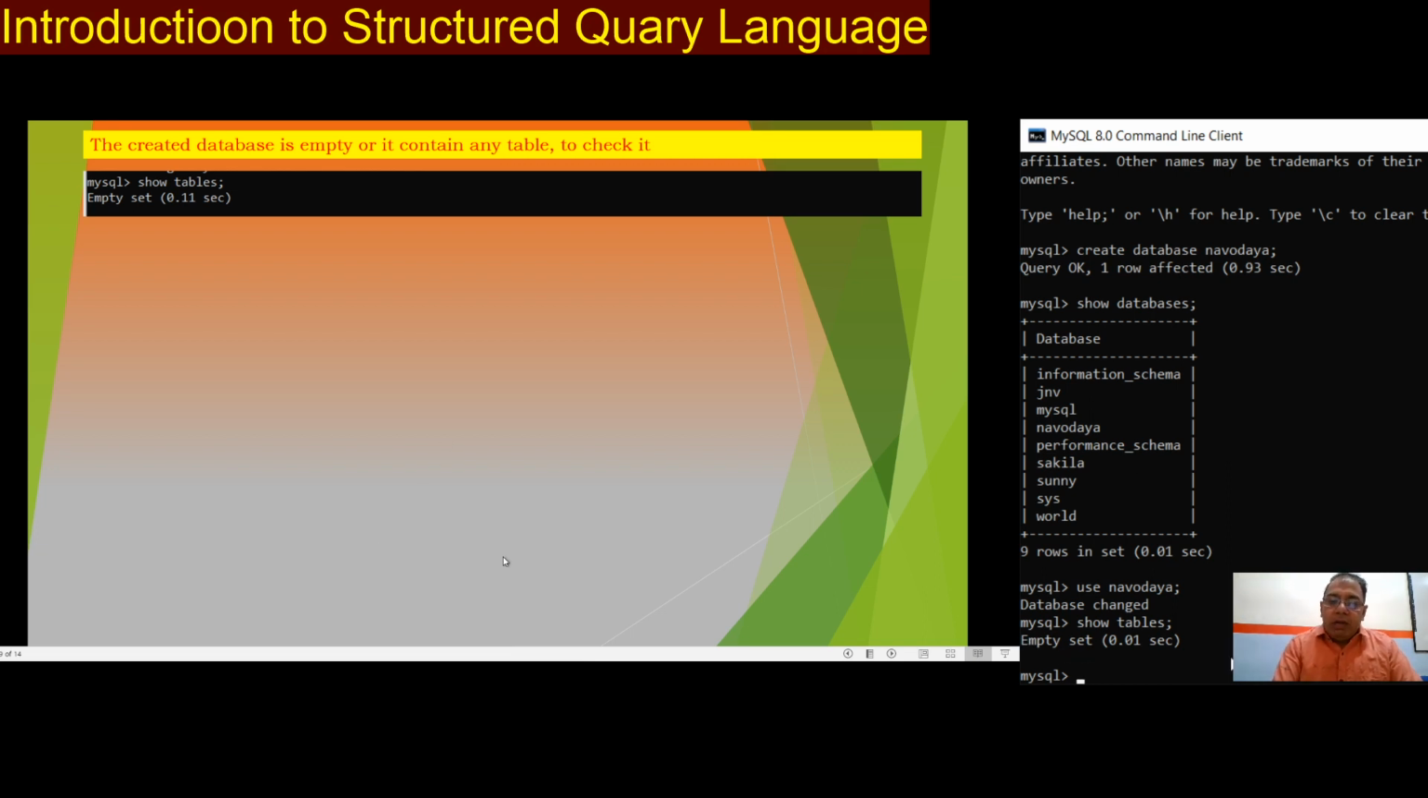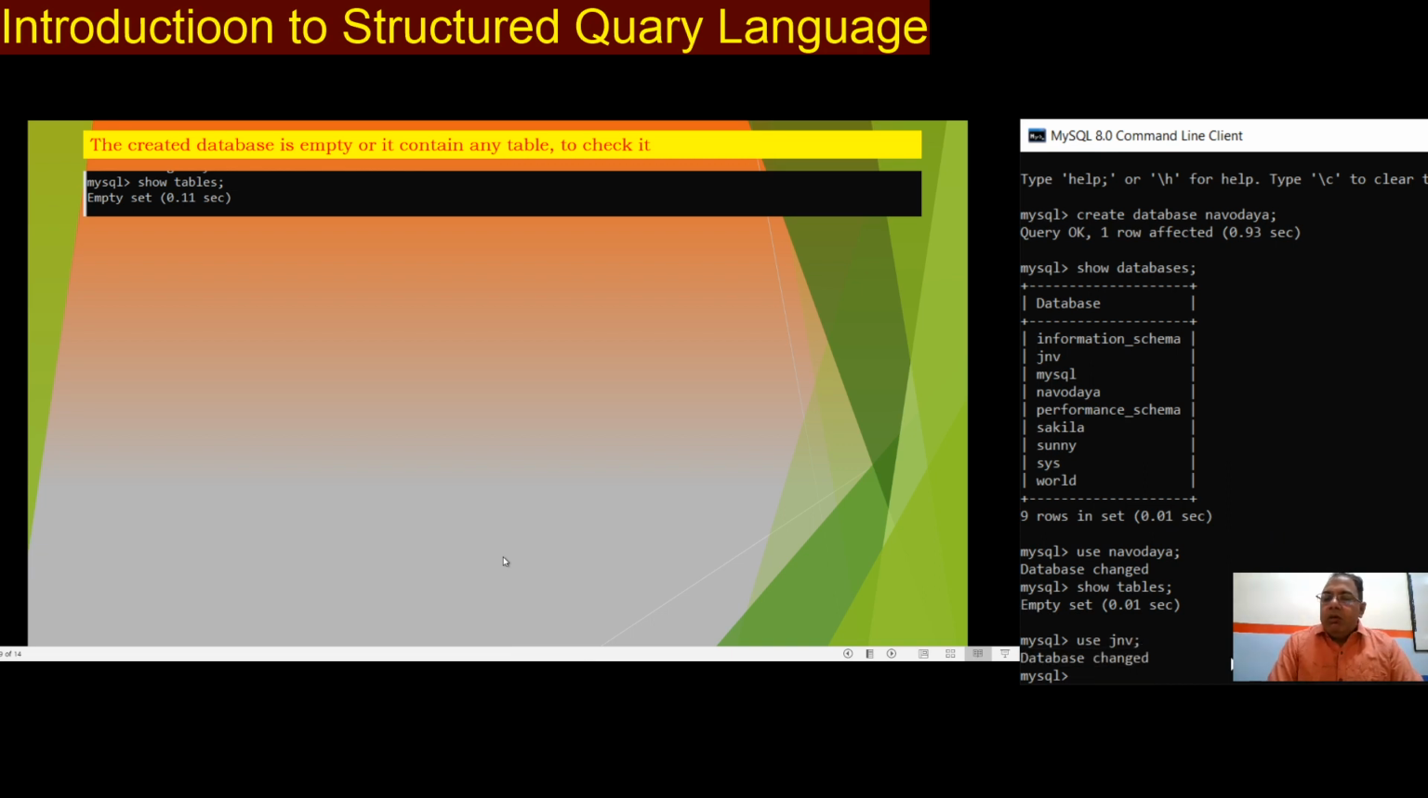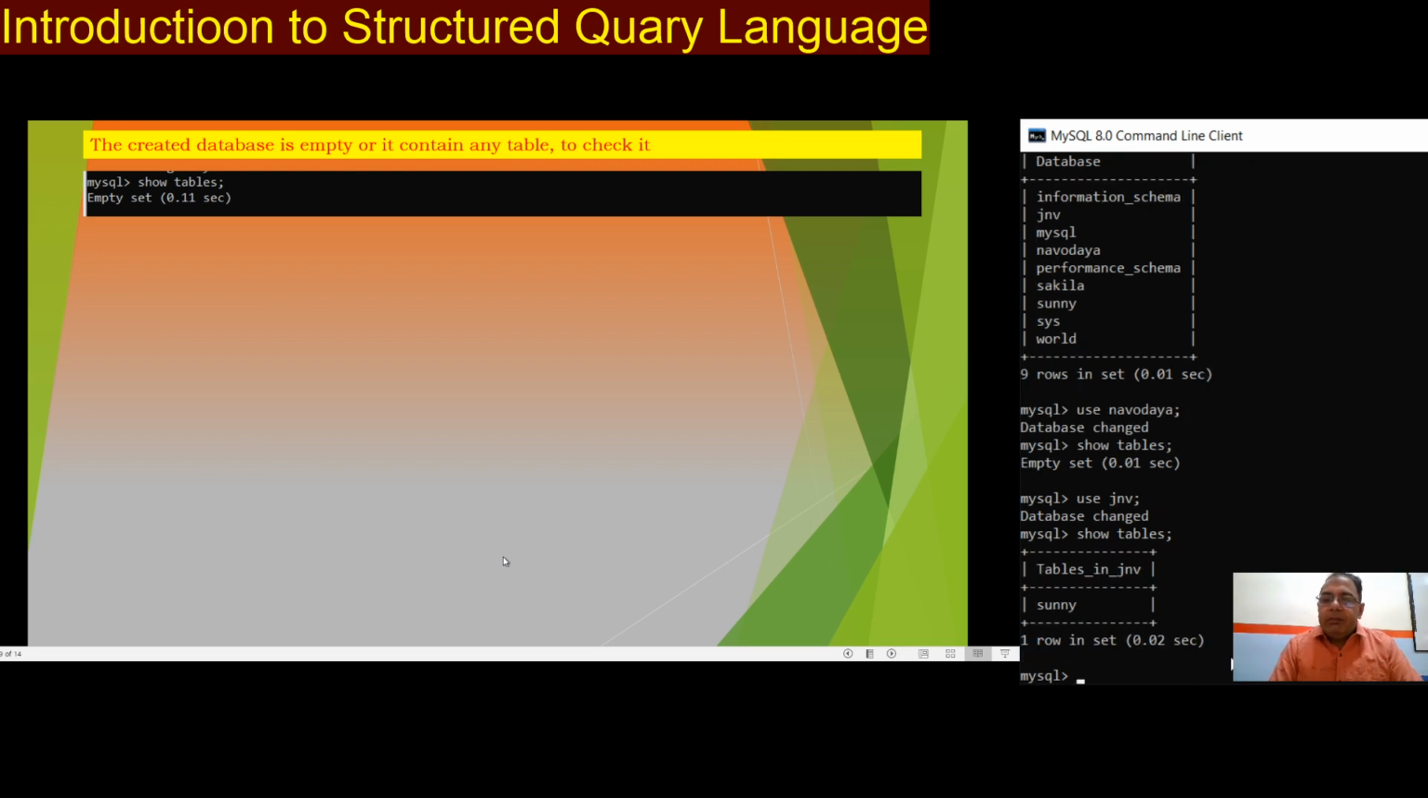If I want to use JNV as a new database, now the database which I am using is JNV and I want to get the list of tables, then I will simply write down show tables. It will show that Sunny is the table which is already created in JNV. If I want to open the table Sunny which is already in JNV, then it will show me the details by writing the command